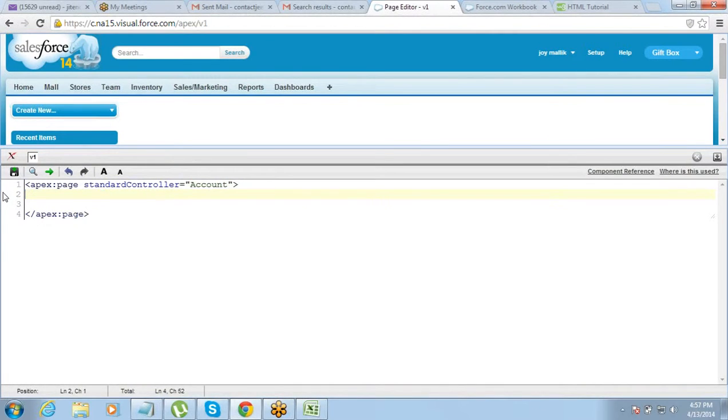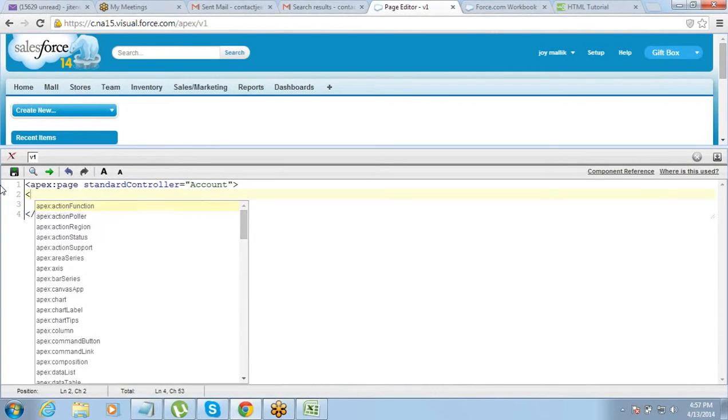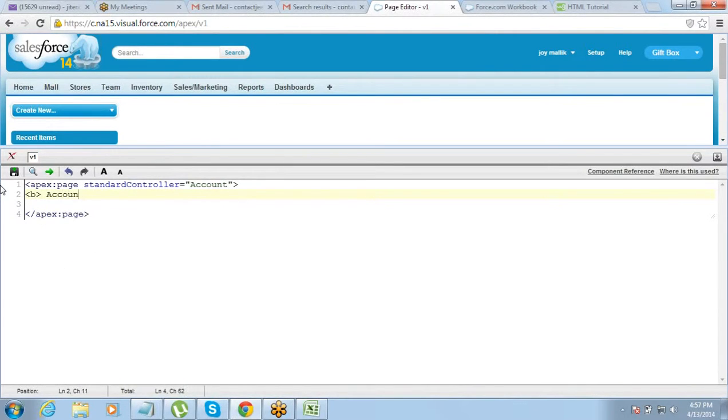We have already put standard controller equals account, and look into this.